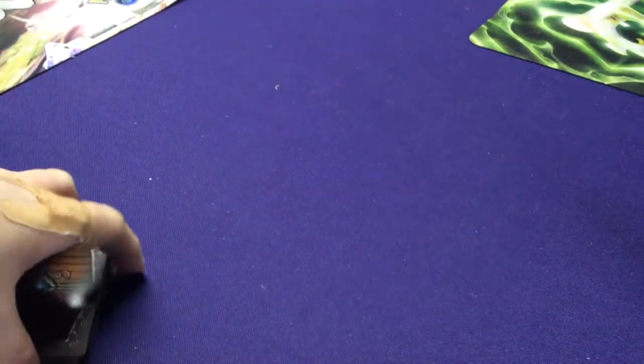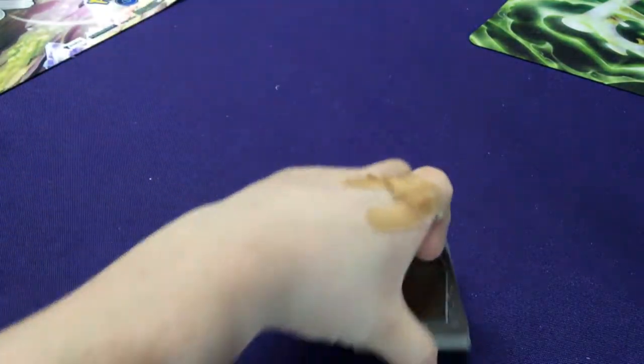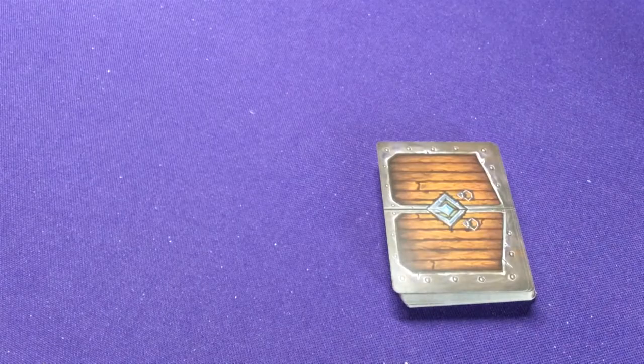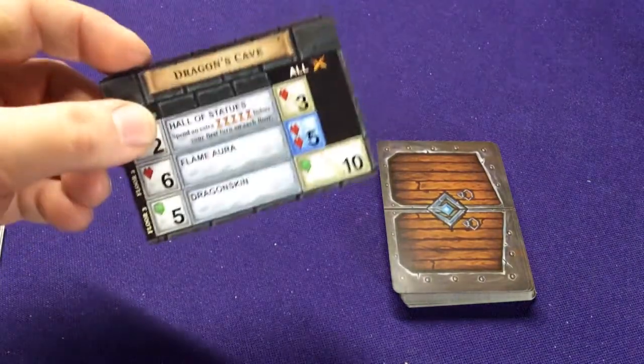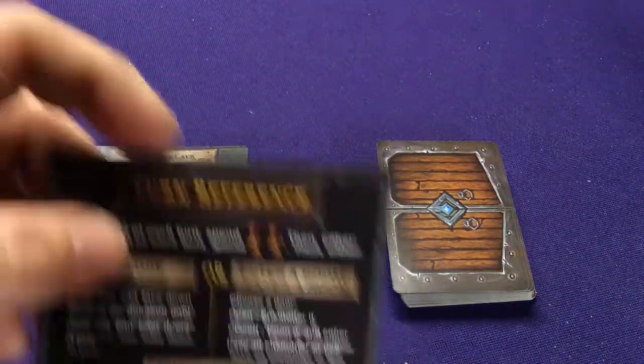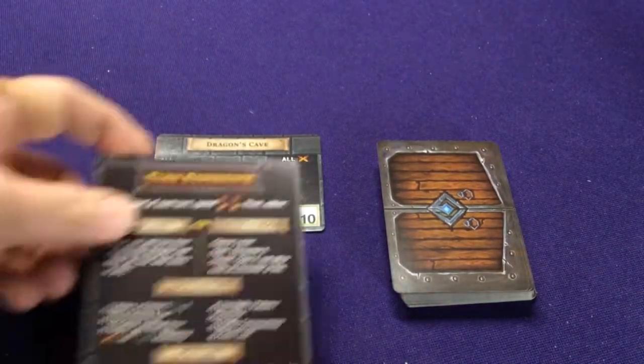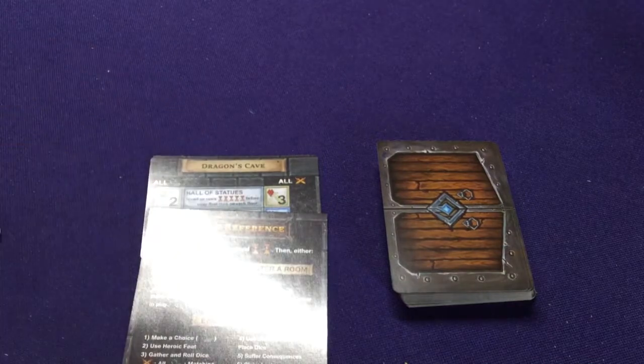So what you do is you shuffle all your cards. You make your door deck. I'm gonna maybe flip this down a little bit. So you'll make a door deck. Then you have to build a dungeon. To build a dungeon, you're gonna take one of your dungeon cards. You're gonna take your turn reference card, and we're gonna put it to cover up floors 2 and 3. So for right now, we're just